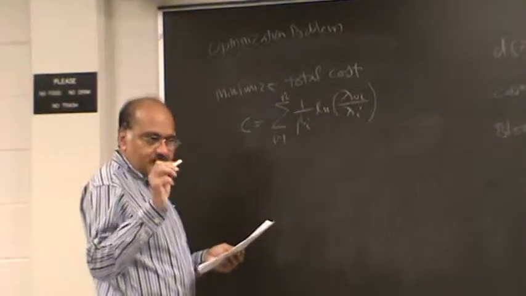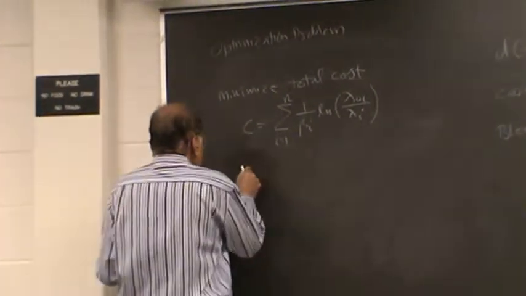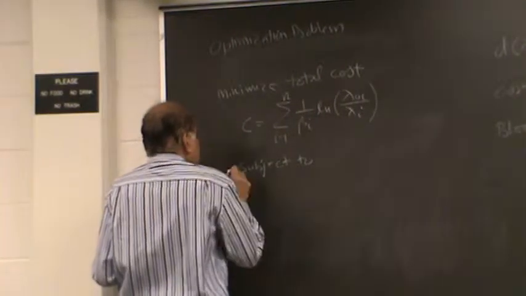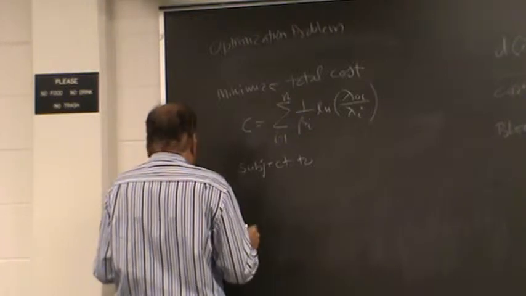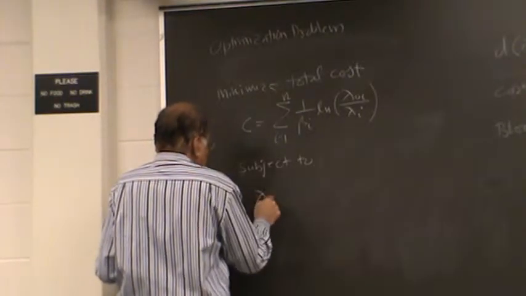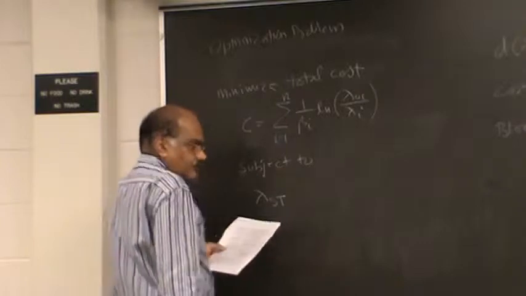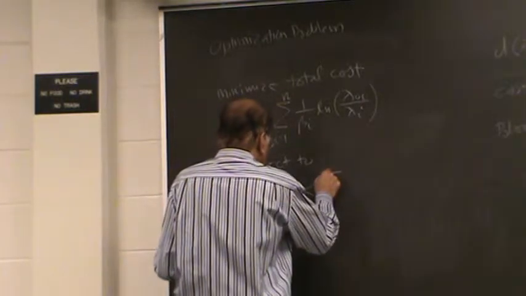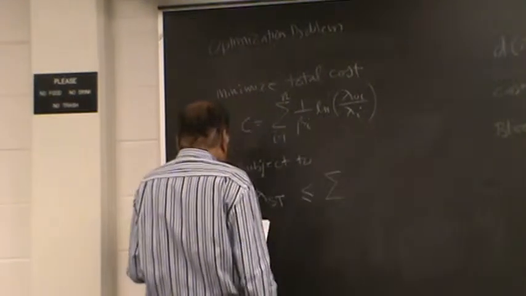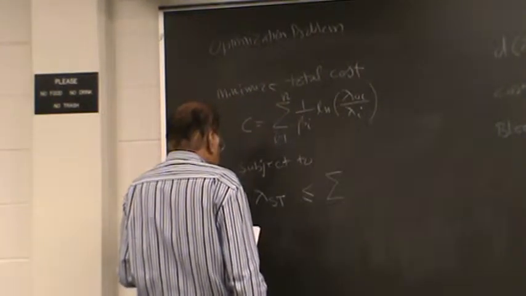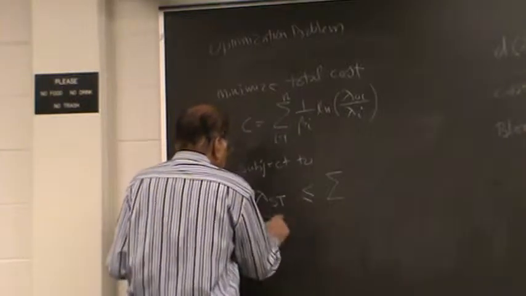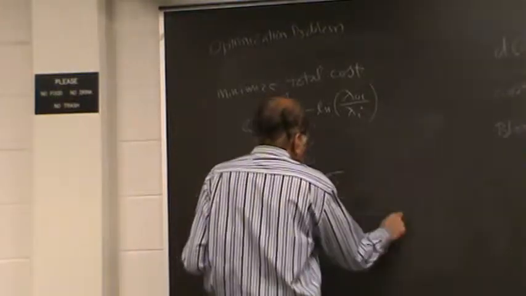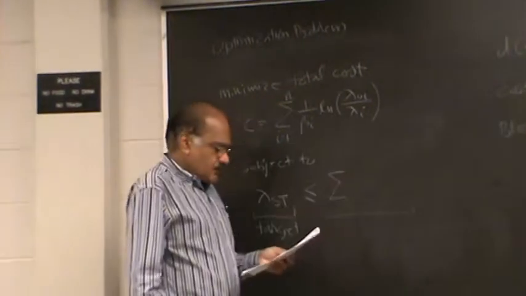achieve the target reliability level, subject to. Now this is what you minimize, and here is your constraint. And the constraint is the total system failure rate you want less than or equal to, so this is the target,